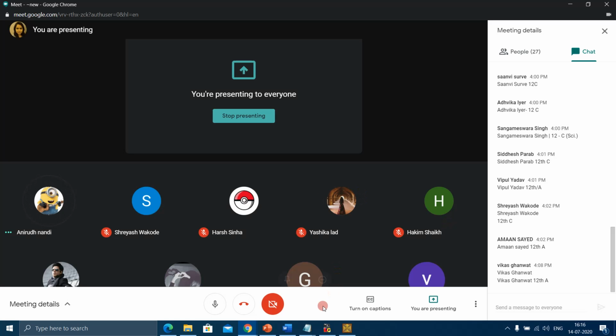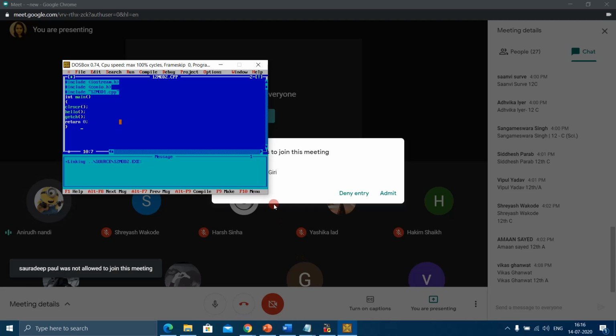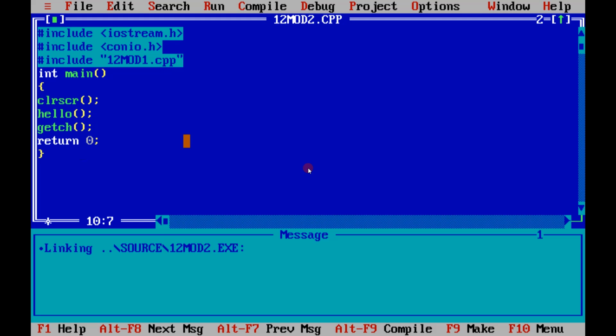So ma'am, how will we add in this? Like, one number is in one file, and one number is in the normal file. How will you add both of those numbers? Here you will have to include the file name like this, hash include, and the file name of the function you are trying to access should be specified here. If in that file a is equal to 6, then we take another function and we add a plus b, correct, exactly like that.